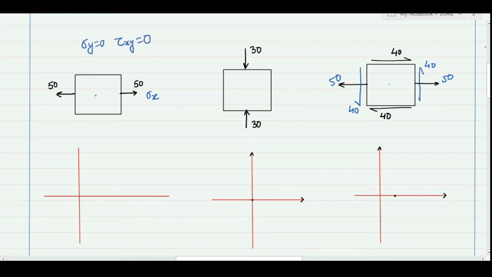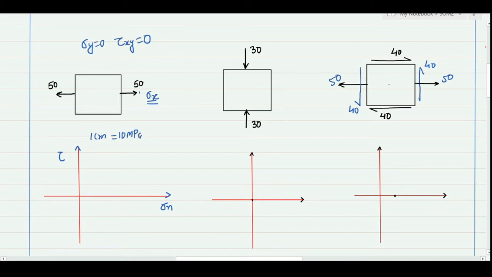So for this case, let's try to make the Mohr circle. As we have seen, the horizontal axis is representing the normal stress and the vertical axis is representing the shear stress. So for the given case, I have one normal stress of magnitude 50, and as Mohr circle is a graphical method, that means you are going to construct the Mohr circle on a graph paper, and there you have to consider a scale. For example, let's assume that 1 centimeter distance on the graph is equivalent to 10 megapascal.